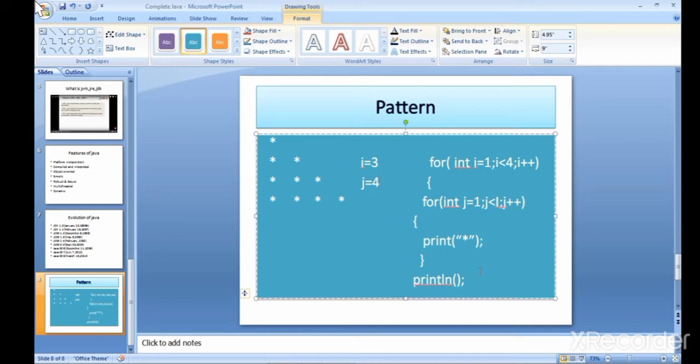and after that it again comes into the first for loop, and it increments the value of I from 3 to 4.